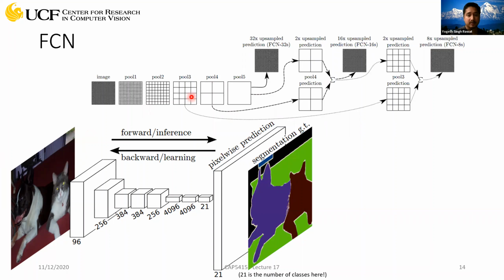And that's why you're able to interpret, okay, this pixel belongs to cat or this pixel belongs to dog. On the other hand, if you just use only the initial layers, then each pixel location has a very small receptive field. If you look at this particular location on the top left, the activation at this location was computed based on some convolution operations